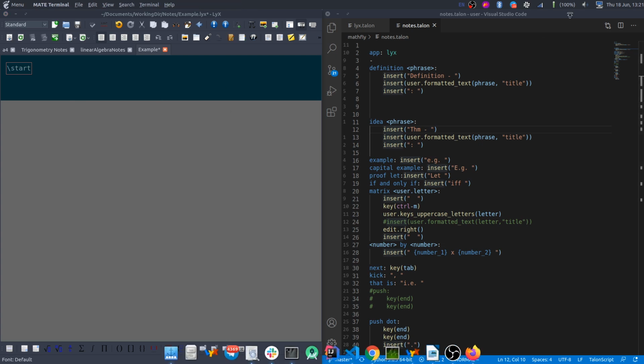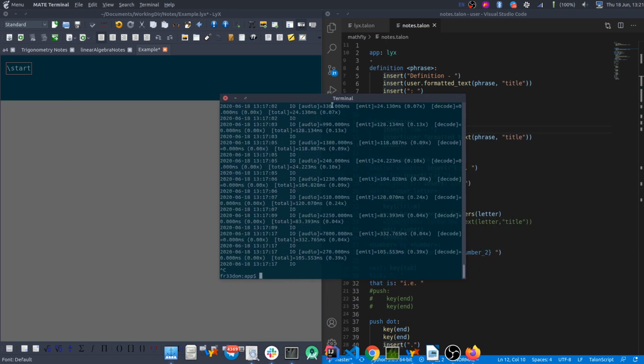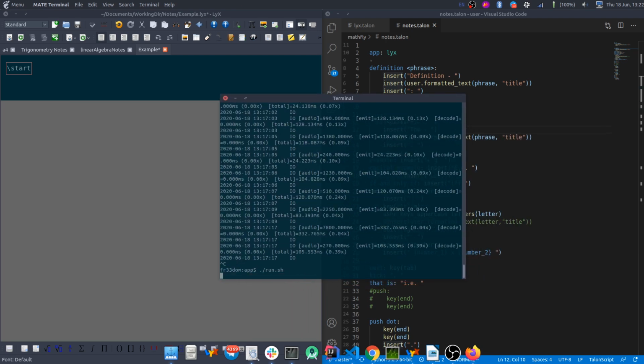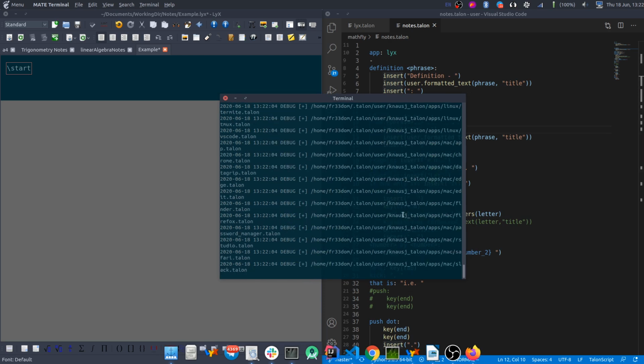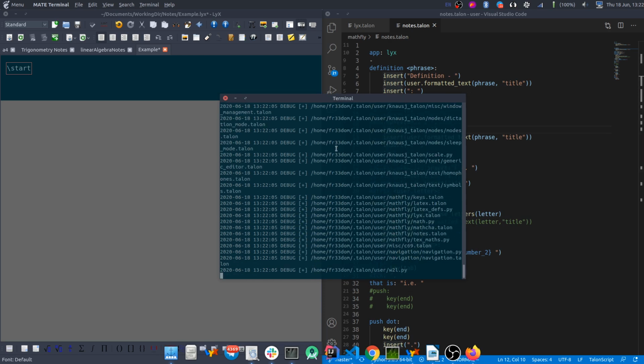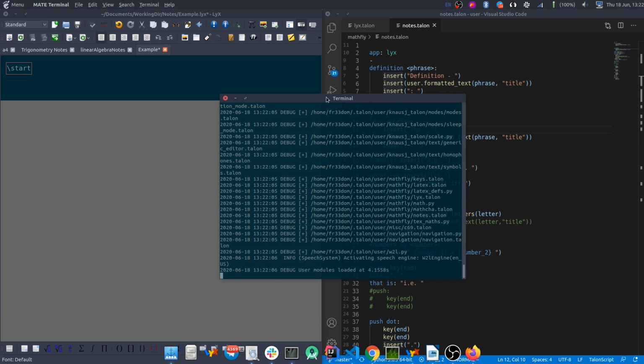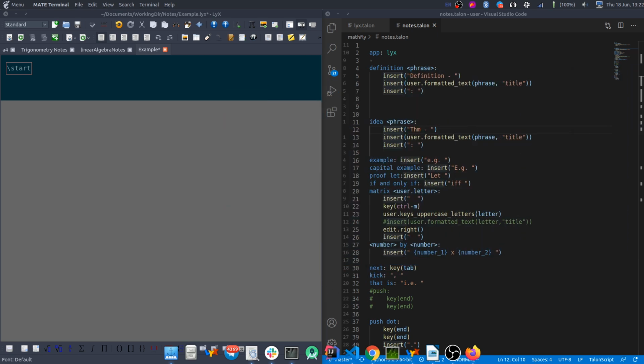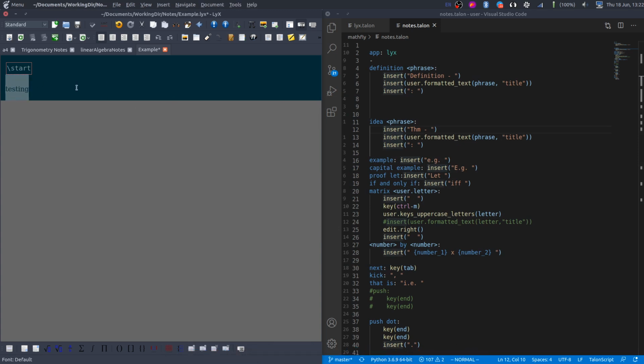So Talon runs in a terminal. I was running it before. I'm just going to start that, and the first thing it's going to do is load all the scripts that we've defined. And now it loaded the speech engine and everything. Phrase testing. Talon sleep. So yeah, we're good. Talon's running. Okay, and it didn't go to sleep.